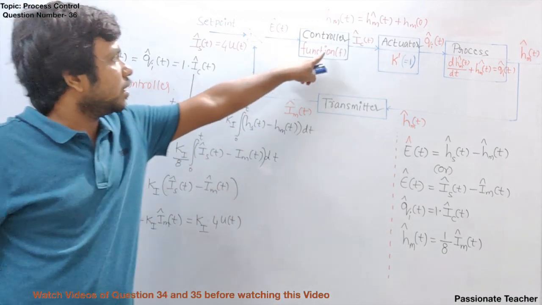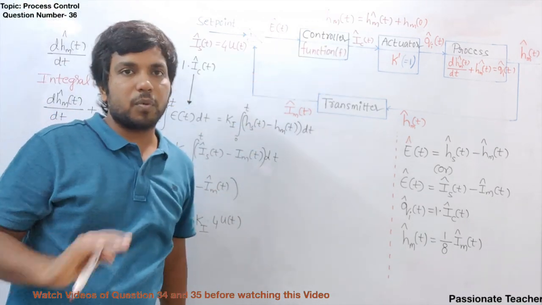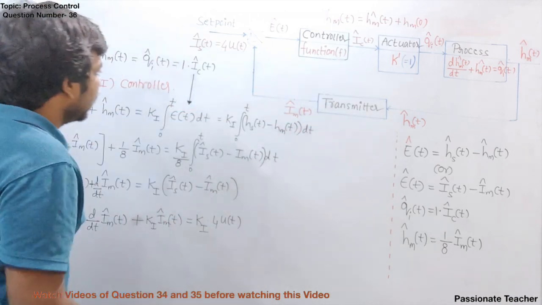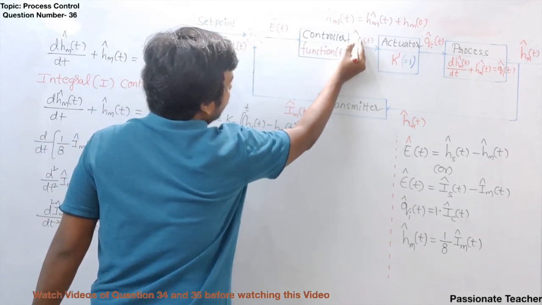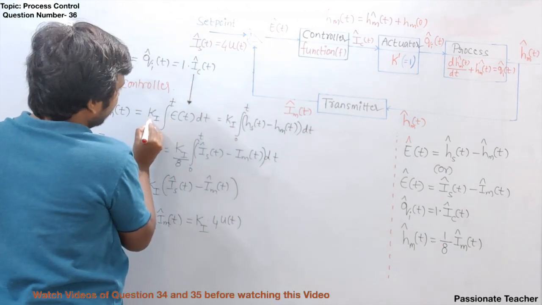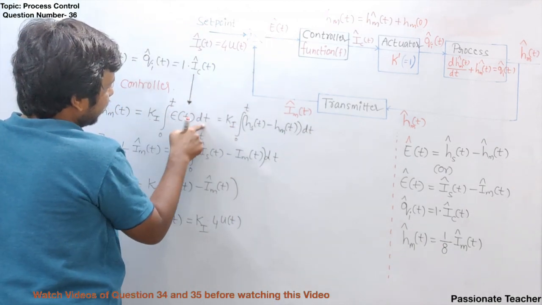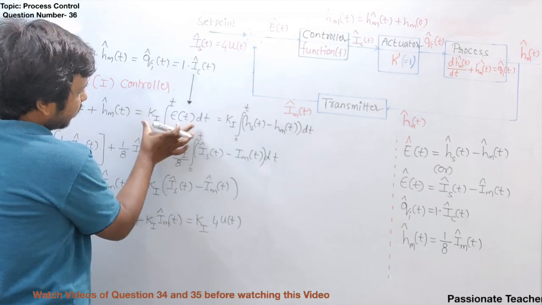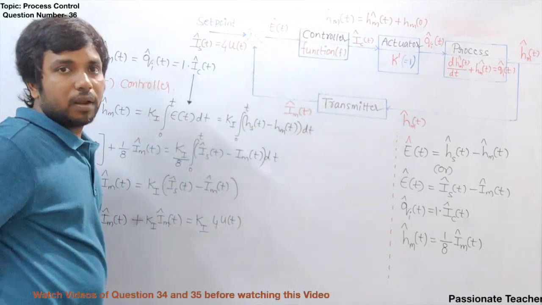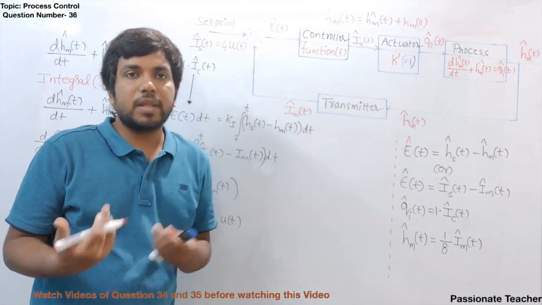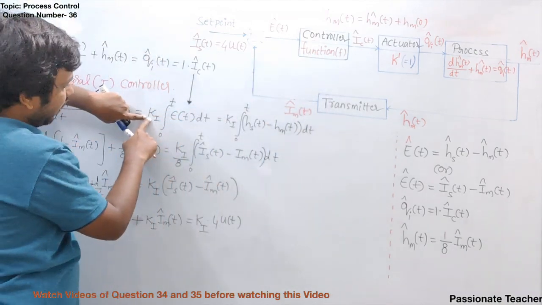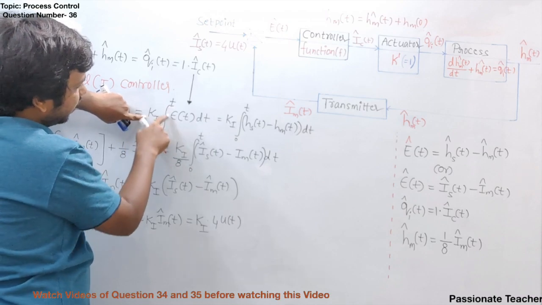Now the function of the controller, in the case of the proportional controller, is a simple constant k. But in the case of an integral controller, IC of t or IC cap of t can be written as some constant ki into the integration of the error within the limits 0 to t. That means this is the output of the controller if you use the integral controller here, or an integrator designed using an operational amplifier. Clear? So the integral controller output can be written as ki integral from 0 to t of E of t dt.